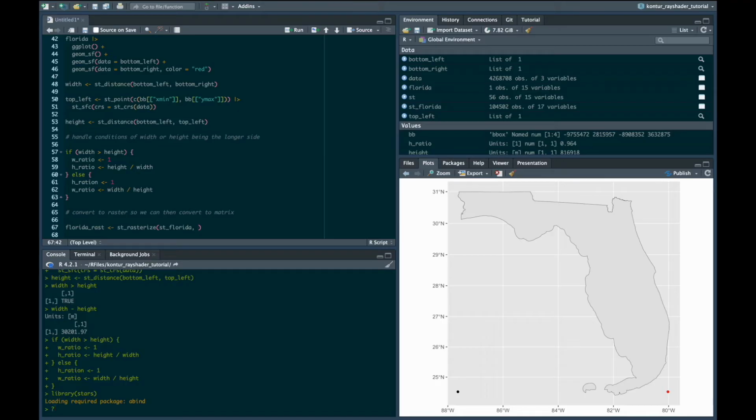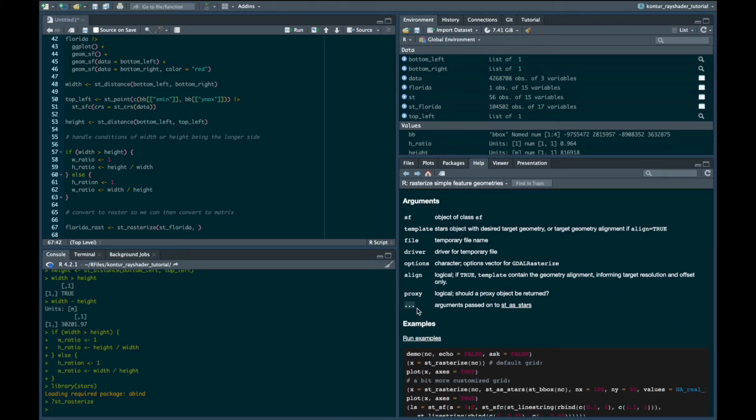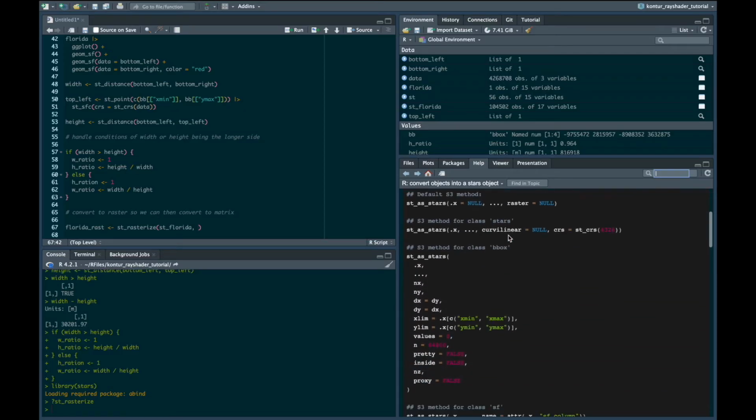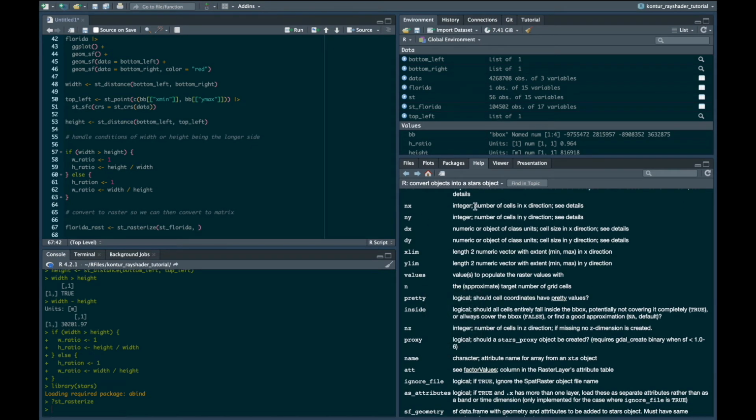And so if we look at the help of st_rasterize, I don't know why these help pages hang sometimes. We look at this ellipsis argument here, that's going to be what is passed to st_as_stars. So let's look at st_as_stars. And what we're interested in is nx and ny, because that's going to define the width and the height of this object. Put another way, it's the number of cells in the X direction, number of cells in the Y direction. Okay. So I'm going to say nx equals,